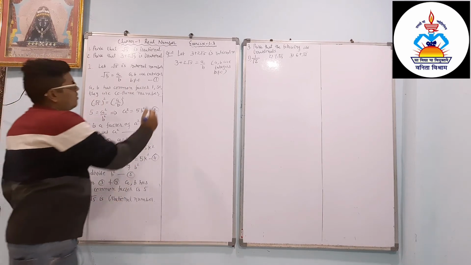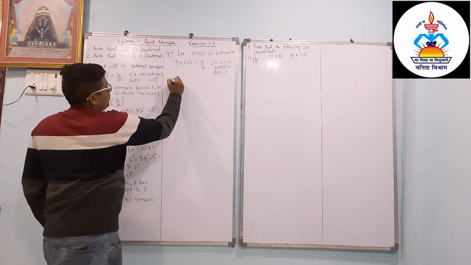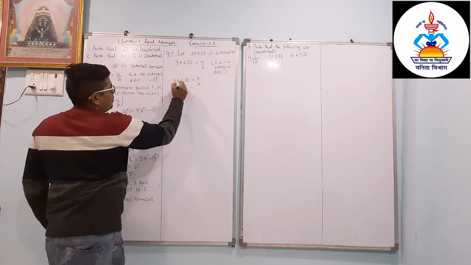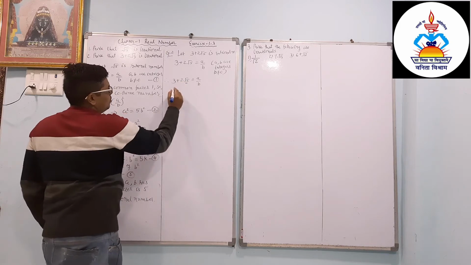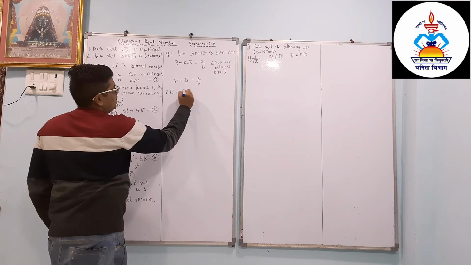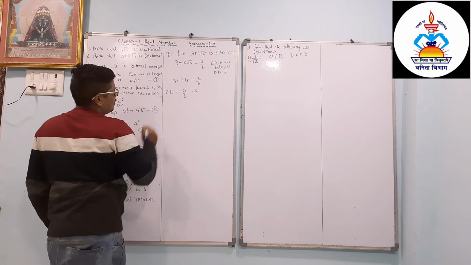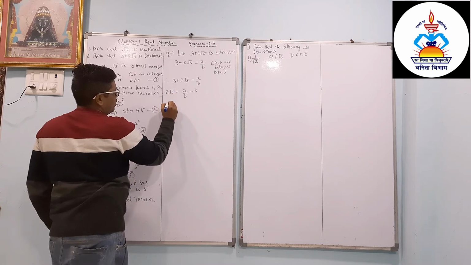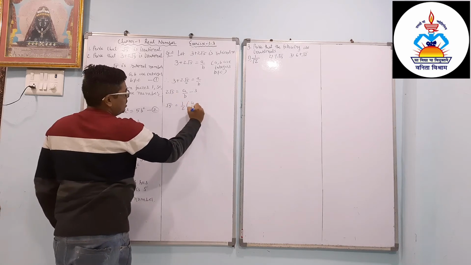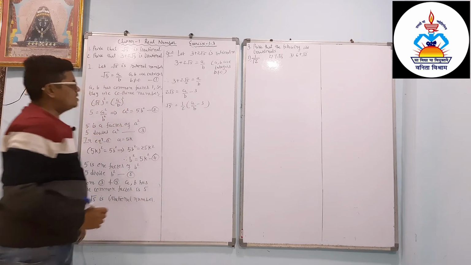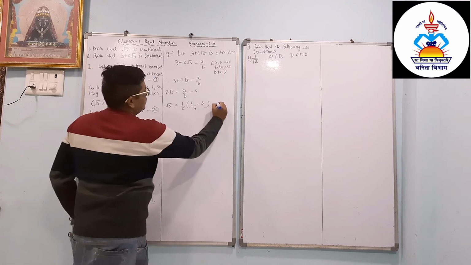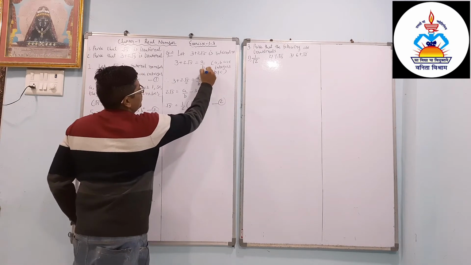So we can write 3 plus 2 root 5 equals a divided by b. We are concentrating here, so we change the side of 3, so 2 root 5 equals a divided by b minus 3. Now we are concentrating on root 5, so we can write root 5 equals half, and it is going to the denominator, so we have to write this thing in the bracket. Now we consider that this number is rational, so this is result number 2 and the above one is result number 1.